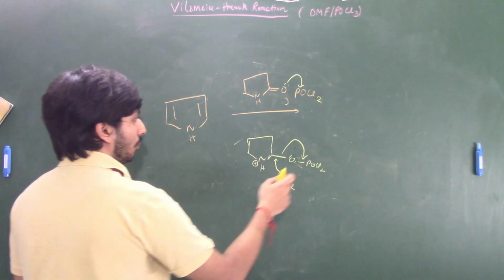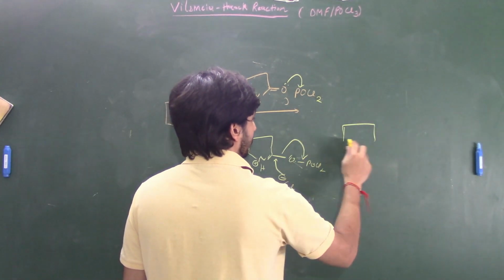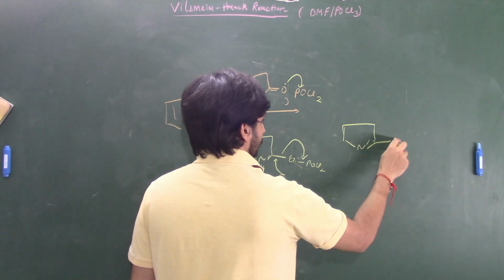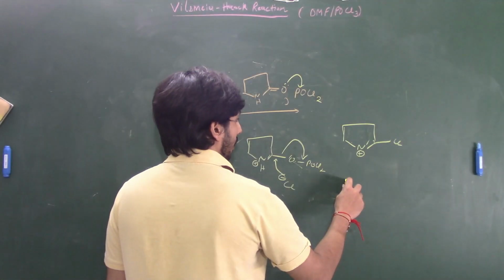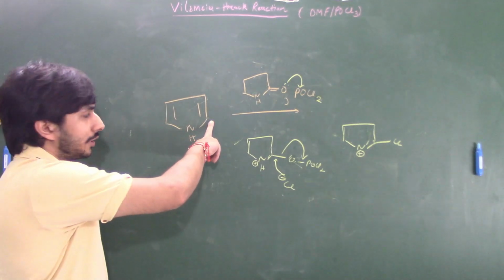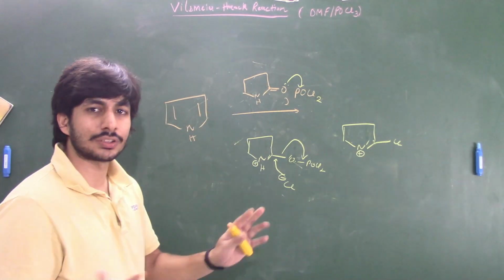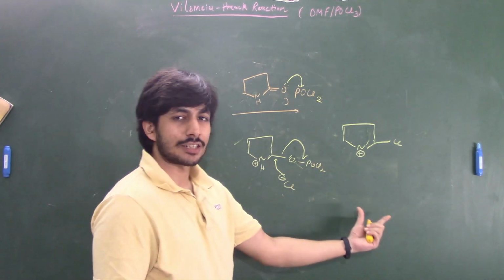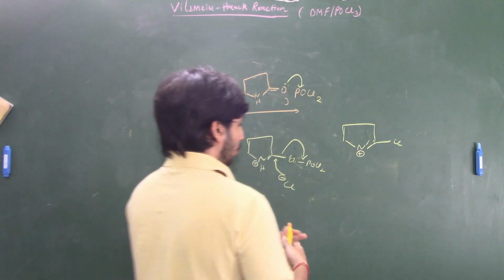Okay. So finally, what is the intermediate now that we got? The intermediate that we get is basically... The next step over here is the addition of the nucleophile, which in this case is a pyrrole. Okay, so the second position of pyrrole is a nucleophile, but we will not take the second position, otherwise it will make the reaction very cumbersome, right? So we will take the nucleophile over here.